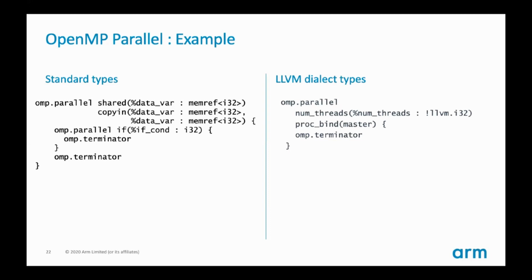So my question is, would every live-in be explicit in the MLIR level representation? I understand why we need implicit rules on the front-end level in the AST, but once we lower into the middle end, would you expect that everything will be explicit, or will we still have these implicit rules? So that will be a transformation. Whatever the user specifies will be there in the initial representation, but later there will be a transformation which will make it canonical and have shared or private for all the live-ins and variables.